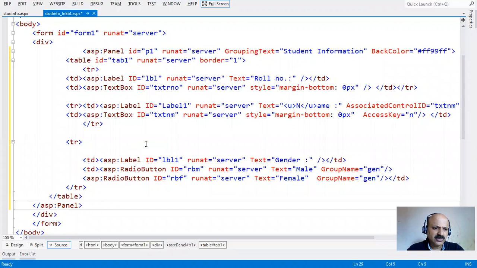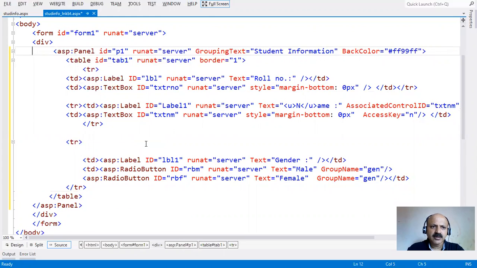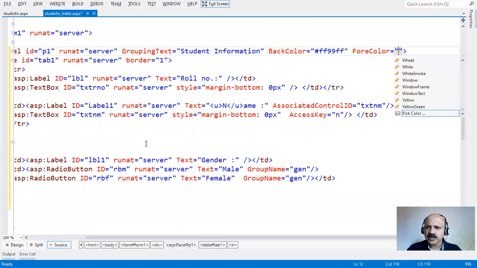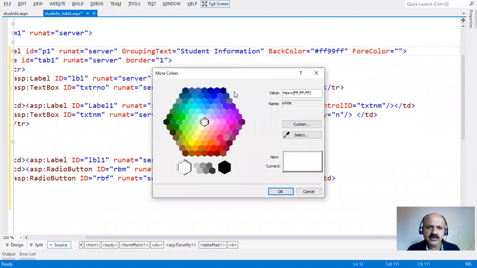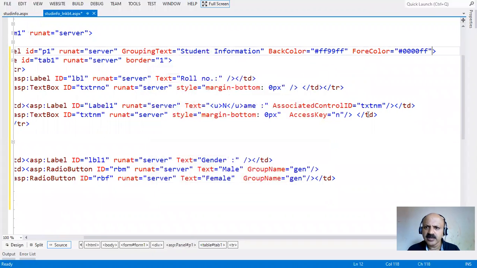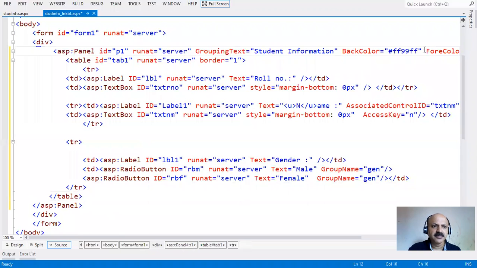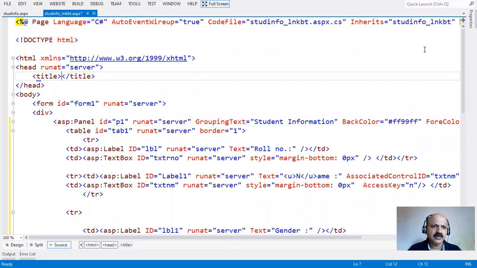So looking for better, okay, and here also provide the color, okay, and here pick up color option is there, so we can choose any color, and that color is hexadecimal, okay, and also title in HTML head section like link